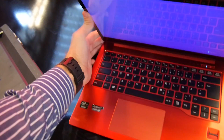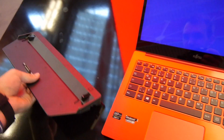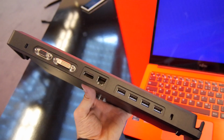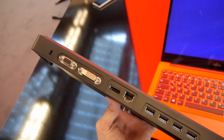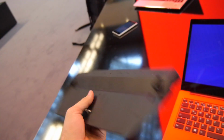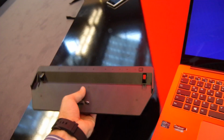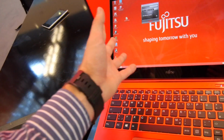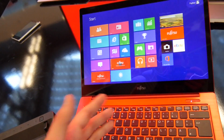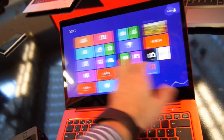So that means when I want to use it at the office, you can just buy a port replicator like this, where you have Kensington, 4x USB 3.0, network, DisplayPort, DVI, VGA, Kensington, power of course on the side, and on this side there's of course the release button. Right now it's, I think, loading up again, and there you can see we have the standard Windows desktop, if you would also want that, and we can go to the Windows 8